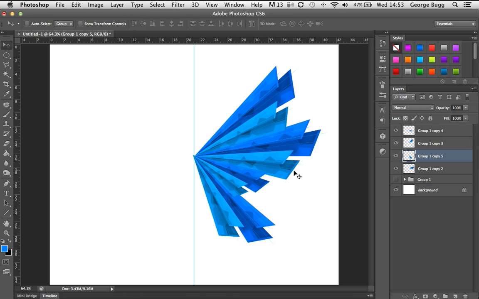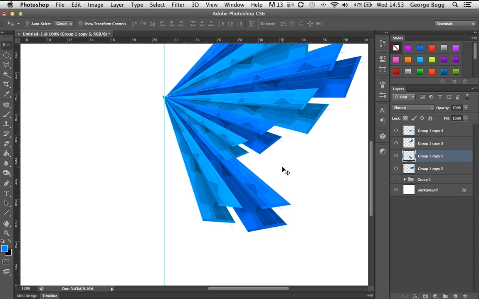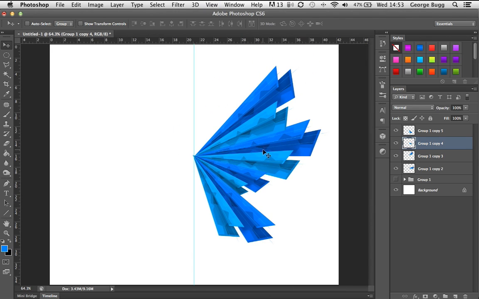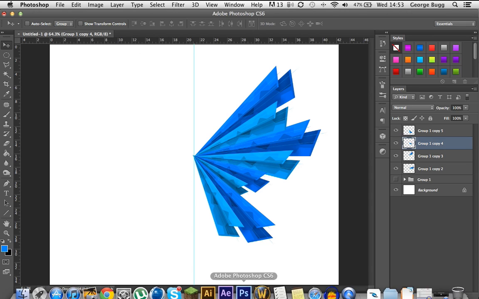And also what you can do to add sort of a bit of depth is find what layer's the bottom layer. Right, I'm just going to put this one to the top. So this one will be the bottom layer out of these two. So select this layer and again go along with the dodge tool just to give it a bit of depth so it looks a bit like a shadow. And you can do it over the other layers, I'm not going to now just for the sake of it being a tutorial, but yeah. It's pretty simple, quite easy to do, and yeah, let me